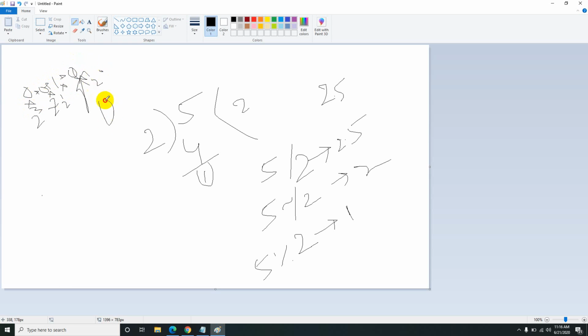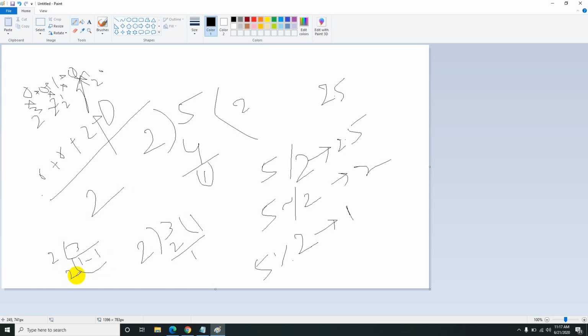So 0 into 2 to the power of 0, plus 2 to the power of 1 into 1, plus 2 squared, 4 into 0, 2 cubed, 8 into 0. So the total result will be 2. And 3, when you divide it by 2, 2 ones are 2, the remainder is 1, right? Or you can do it like this: 3, 2 ones are 2, the remainder is 1, 2 zeros, the remainder is 1,